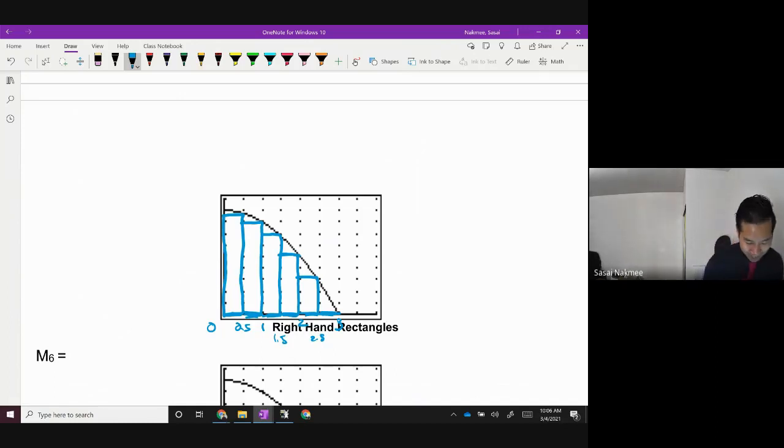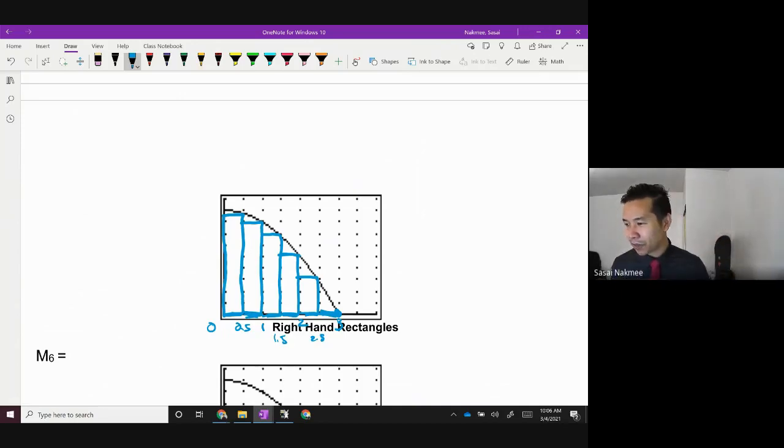Do you notice that the right hand right here, this one right here, is just a flat line for that rectangle? It doesn't go off the ground at all, does it? Which means, by the way, that this right-handed rule, is this going to be an overestimation or an underestimation? What do you guys think for this right-hand rule?